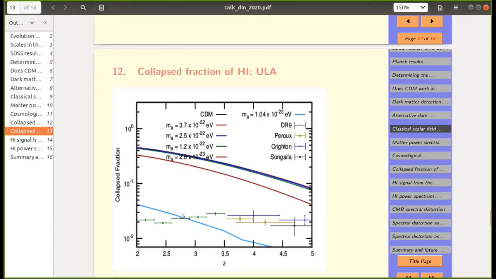But there is one model that's actually ruled out. Because of the exponential dependence, the collapse fraction is extremely sensitive. You jump from 2.6 times 10^-23 to just 1 times 10^-23, roughly a factor of 2, and the collapse fraction collapsed. And this model is actually completely ruled out by the observation. So it's actually a powerful probe of all kinds of dark matter models. If you have a dark matter model, it is always a good thing to do this simple exercise to see if the collapse fraction